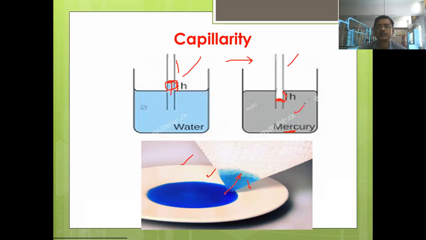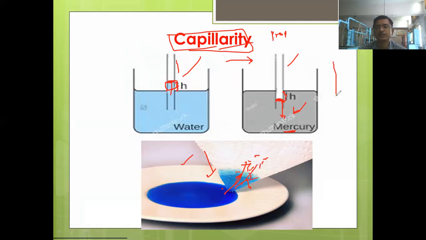So all these are happening because of the phenomenon called capillarity, or it is because of the property of the fluid which is called capillarity. Okay, this is the property of liquid in which this fluid rises or gets lower inside the glass tube, or any other voids. या ठिकाणी voids असतात, continuous voids. So through that it will rise.